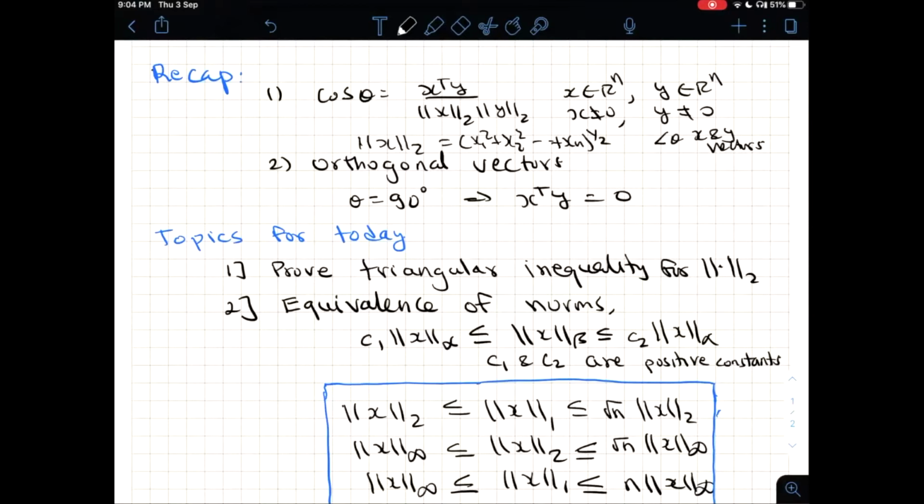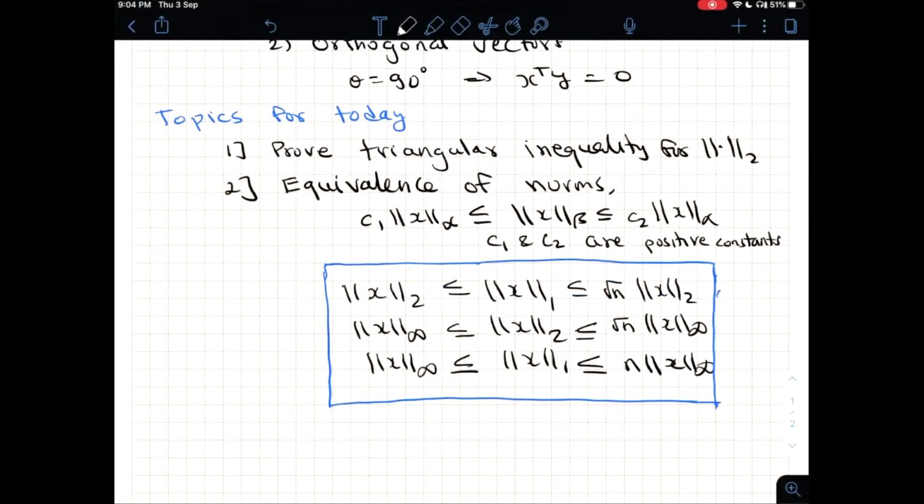Today, I had said earlier that, among the three properties of the norm, the non-trivial part is always proving the triangular inequality. So at least I should do one example today, and I am going to do it for the second norm. Followed by that, I am going to focus on equivalence of norms. And in all of them, you would see nice embedded optimization problems, which I am trying to bring out to you as I proceed.